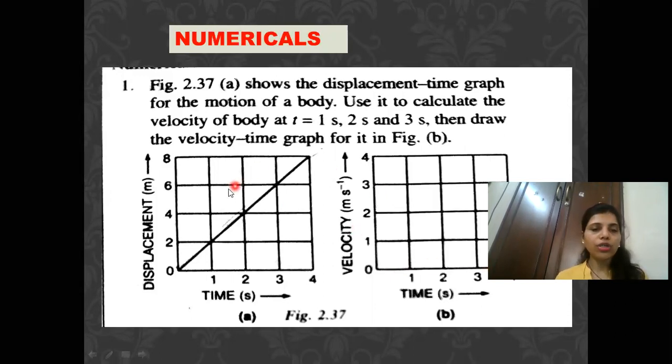Okay, so now here, as you can see, this is 0 and I'm taking the maximum 2 coordinates. So here I'm going to consider this point, 0, from where it is starting, and the maximum point. Now when I take y2 minus y1, that is 8 minus 0 upon 4 minus 0, so that is 8 upon 4.